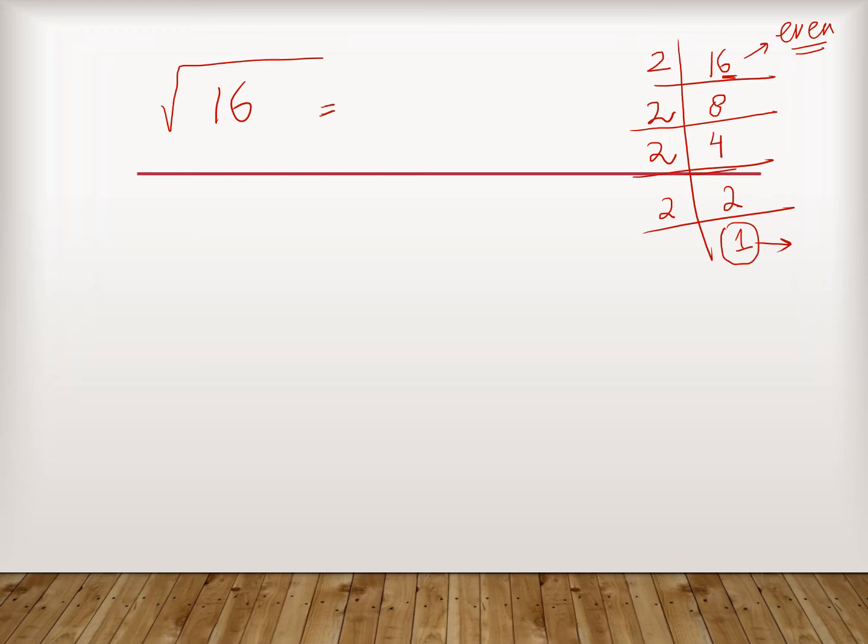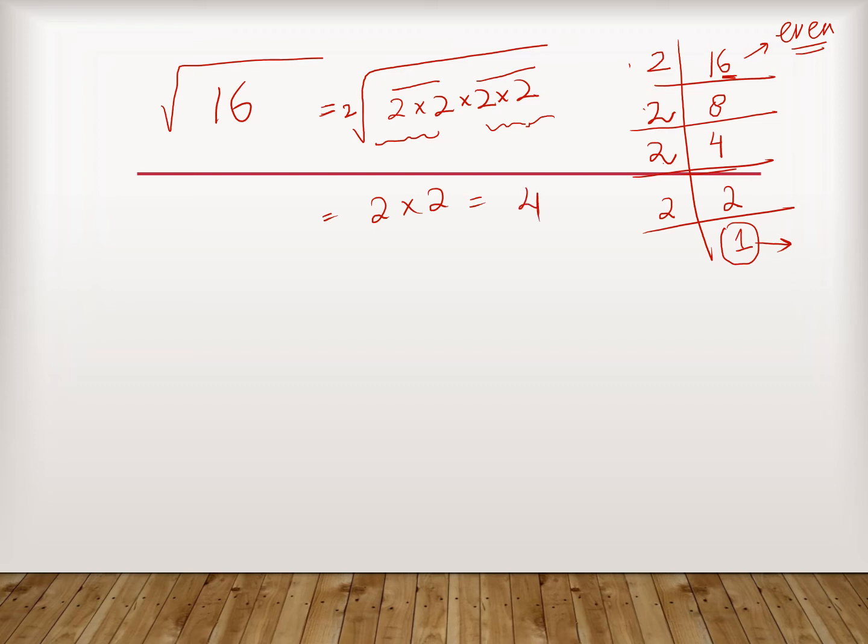So now stop factorizing and write all the groups of 2. It means 1, 2, 3, 4, so you write four 2's. Once it is done, look at the radical sign. What is the index of this radical? Nothing is written, so the index is 2. What you have to do is make pairs of 2. Here is a pair and here is a pair. One from each pair comes outside: 2 outside for this pair, and 2 outside for this pair. So 2 times 2 gives you 4.